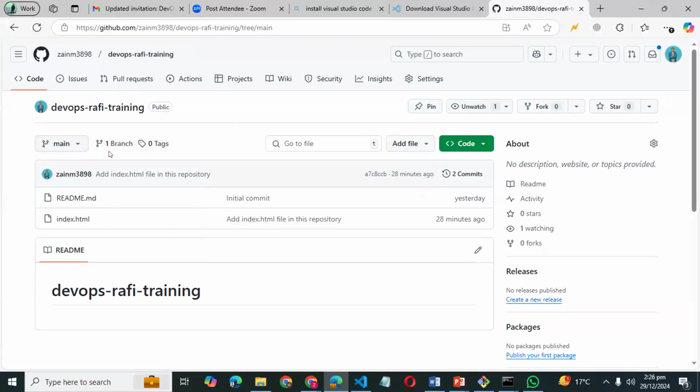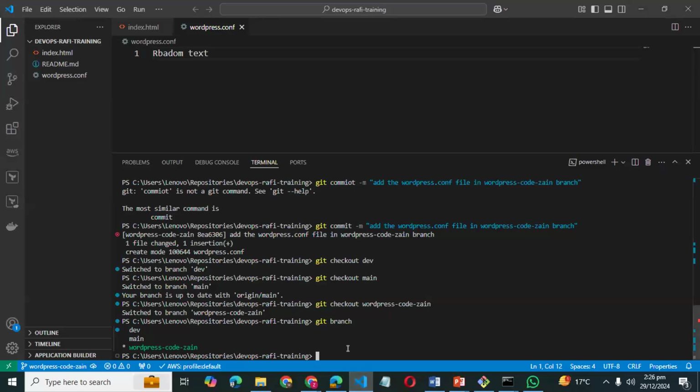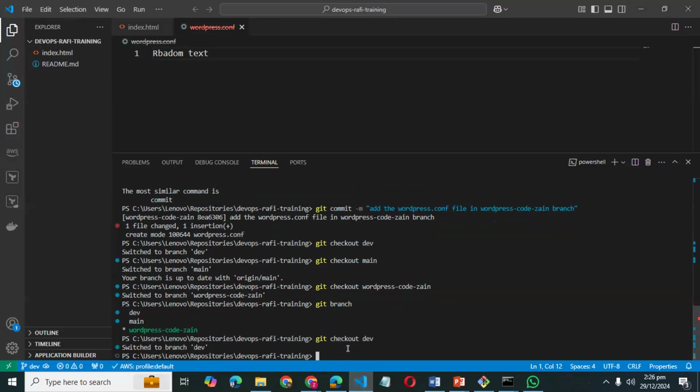It says you currently have only one branch. So we need to push our code into that branch. First of all, let's move to the dev branch which I created earlier. Now I want to push that branch into my GitHub repository account.